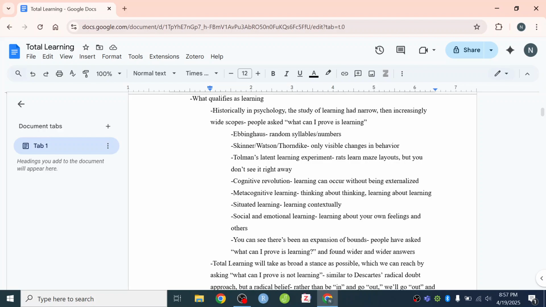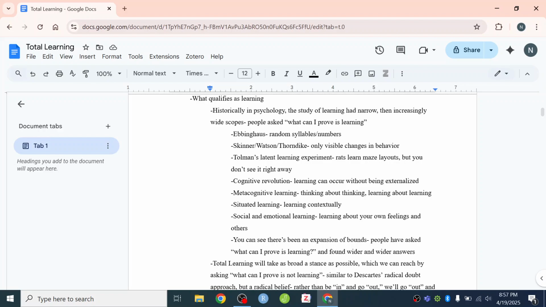And of course, the common criticism, and it's a very valid criticism of Skinner's approach and the behaviorist approach, is that in order to get the kind of evidence that they wanted to see, they had to create artificial situations which didn't demonstrate learning in its totality, but rather just one isolated strand of what learning is and what it constitutes. And it was a big landmark moment when Tolman published his latent learning experiment,